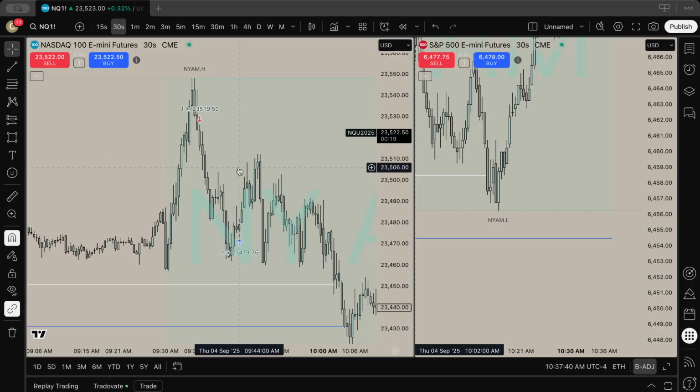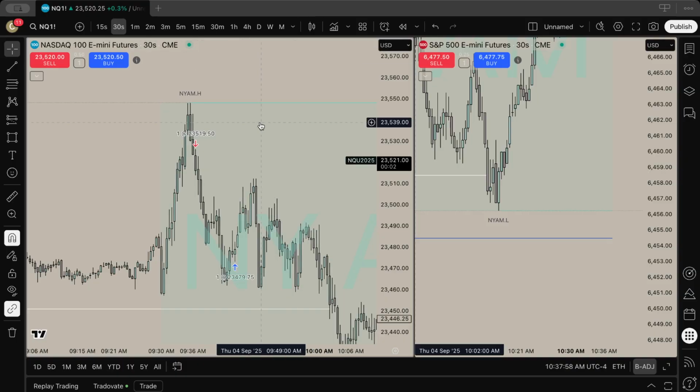Now this is actually my first trade that I took on my new 100K My Funded Futures Pro account, which the max payout is literally 100K, so it's insane. But basically, I'm going to explain the trade to you guys, and why I took this short. So let's get right into it.